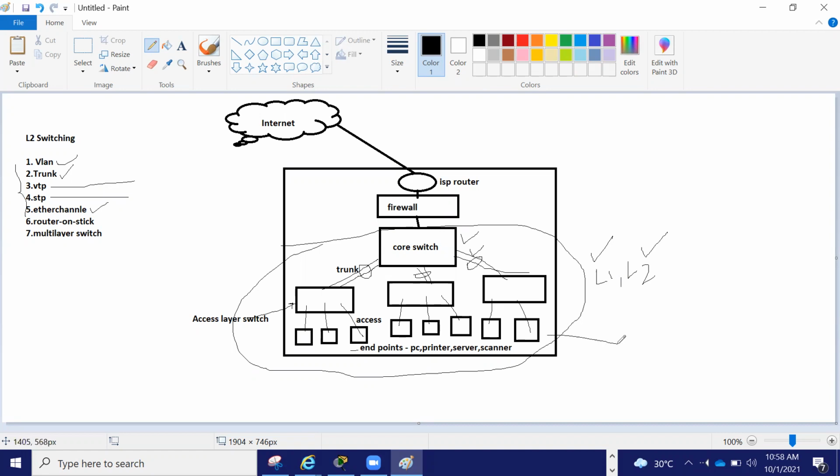Similarly, when I say desktop support, what these guys do is, if your server, printer, or user has any problem, they need to fix it: their computer problem, laptop problem, Outlook not working, internet not working, cable problem. If the desktop support guy sees a cable problem, he will inform the L1 guy, please change the cable. This guy will pull the cable from here to here and change it, right?